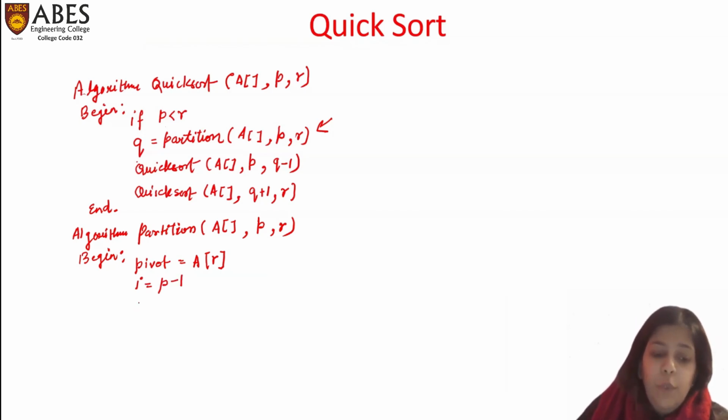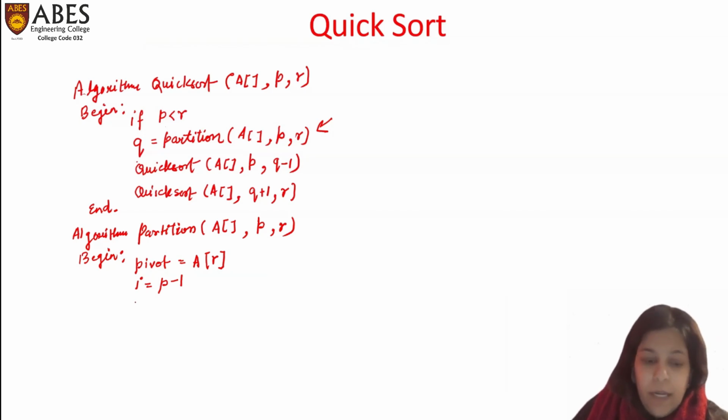And then we have to iterate j from lower bound till upper bound minus 1, right? So for j equals lower bound, which is given by P, to R minus 1, what do we have to do? We have to check